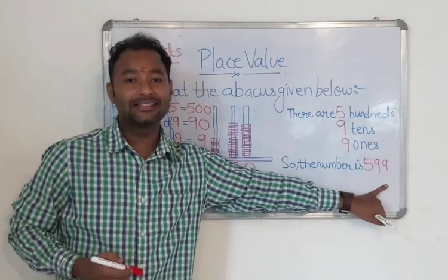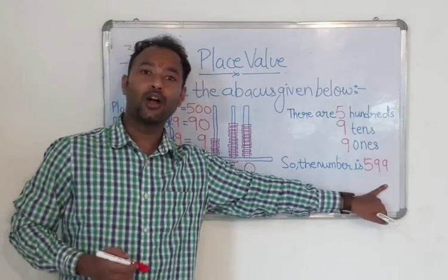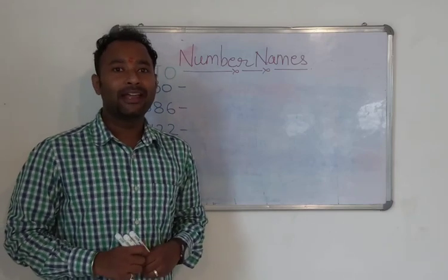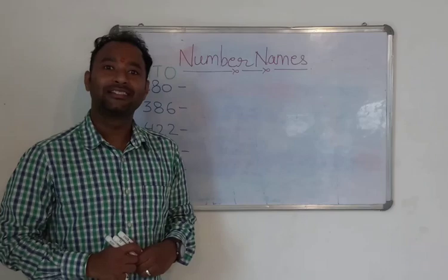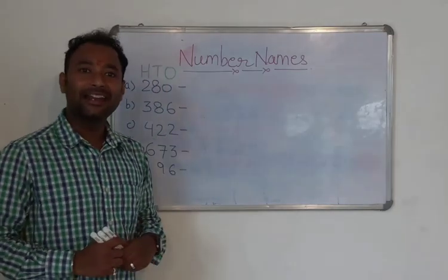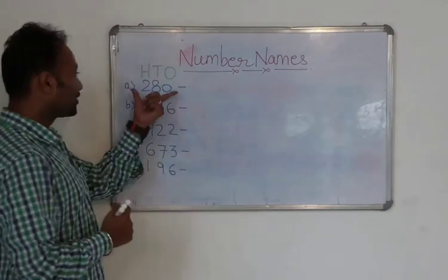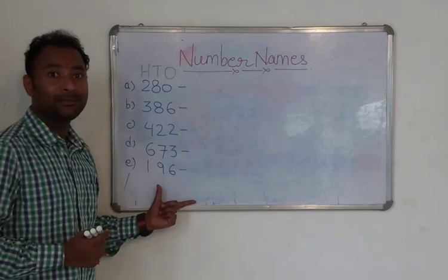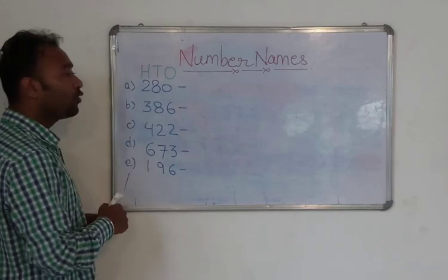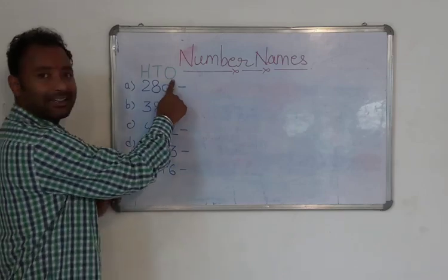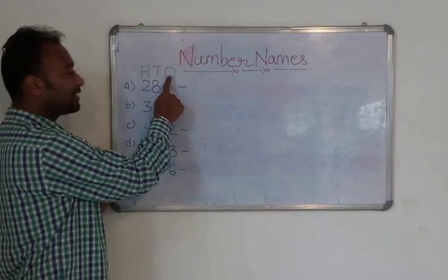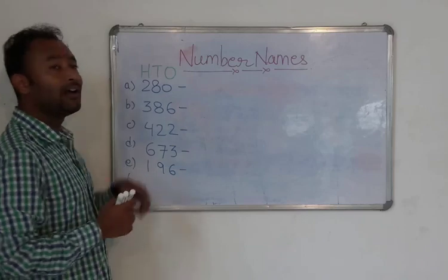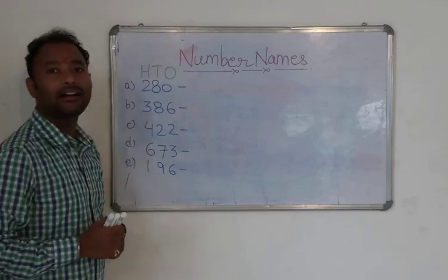Very good. Now let's come to another topic. So now the next topic is writing the number names. We already know about 3-digit numbers. Now start writing the number names. So sir has written some numbers and would you be able to name them? Very good. But before you name them, you have to write like this. This is ones, tens and 100, and we always write from the last position, that is the 100 position.